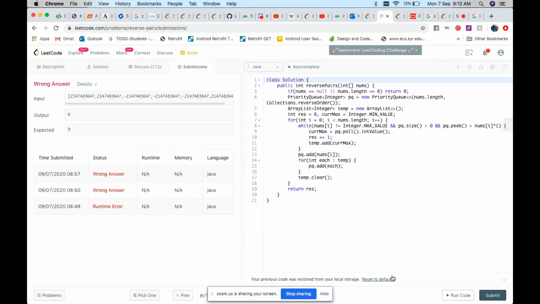Did you try it with long or something else? Yeah, I mean, isn't it giving overflow? Yeah, I can try using long. Because you already have extreme elements in the int, and you are dividing or multiplying with 2, so it will cross the integer range, I think. Yeah, it'll overflow. Instead of multiplying by 2, you can try the peak value divided by 2.